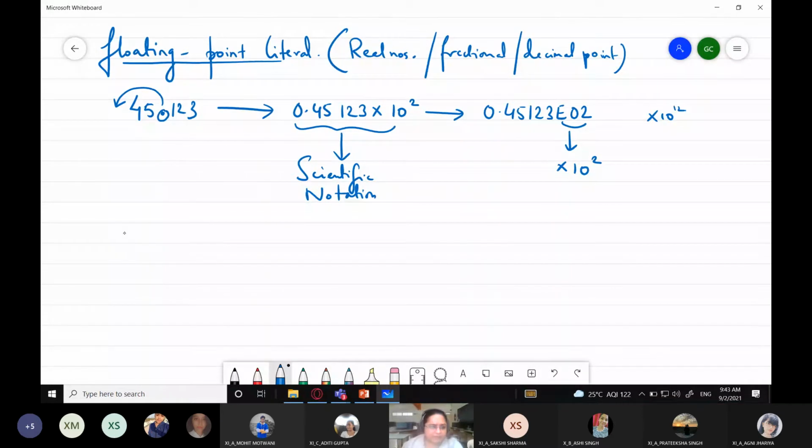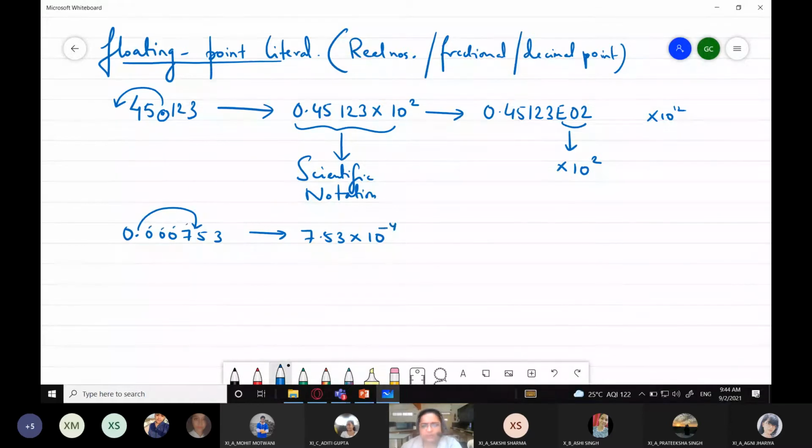And if I have a number like this and I decide to shift this point over here, this will be 7.53 into 10 raised to the power... how many places did I shift? 1, 2, 3, 4.